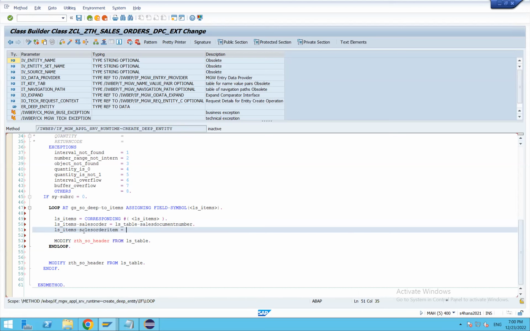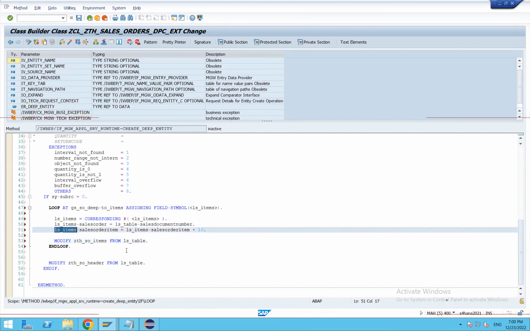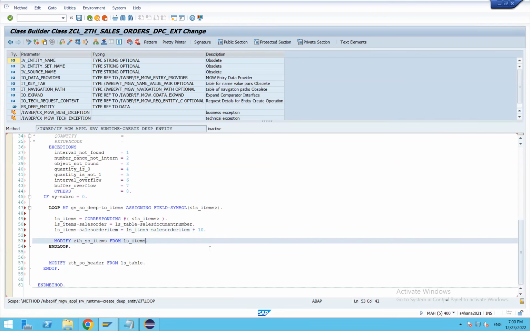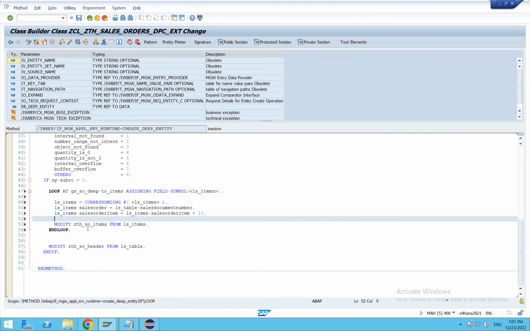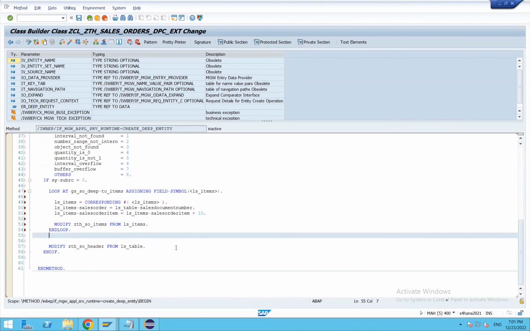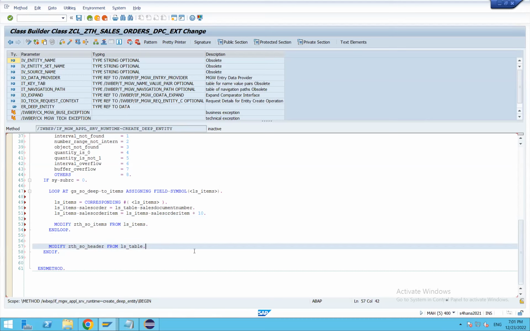I just want to increment this by 10. So I'm not relying on my payload, so plus 10. Okay, and SO items from my LS items. So in general, this is not the good practice. Okay, and now finally inserting the line into the table,